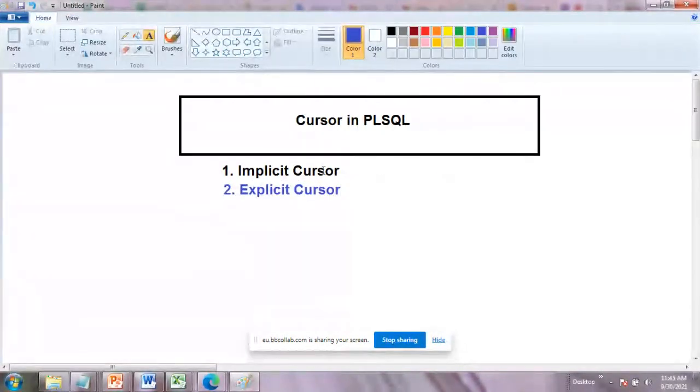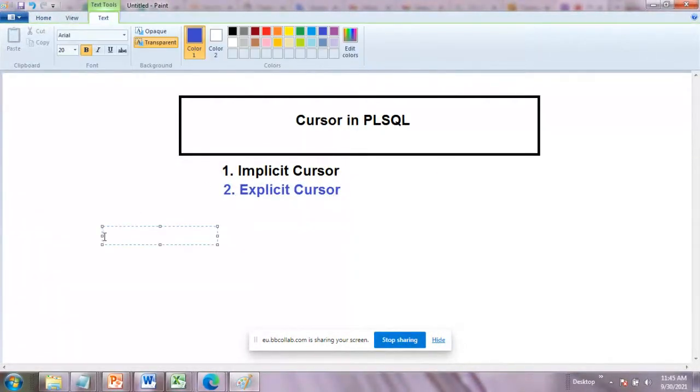Implicit and explicit. Okay? The syntax will remain almost the same, whether you write an implicit cursor or an explicit cursor. So what will be the syntax? We're going to tell you.